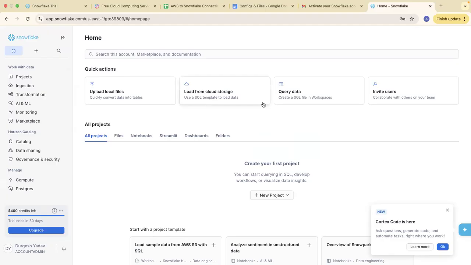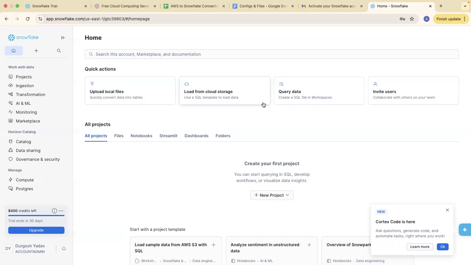So now I have a Snowflake data warehouse, which looks mostly like a database only, but a data warehouse is much different. Here you can do analytics, here you can do dashboarding, here you can monitor your resources, like how much RAM you are using, how much CPU you are using. Here you can have pay as you go. So if you are using Snowflake as a service, you can pay only for the things that you are doing here. Here you get a lot of security. Here you can do AI and ML as well. Here you can write and here you can build your pipelines also. So multiple things that this Snowflake is offering us.